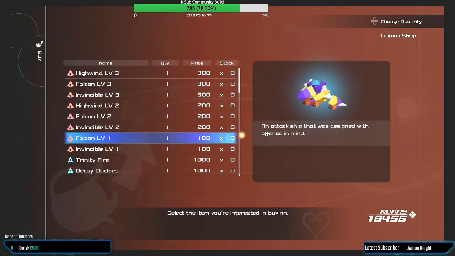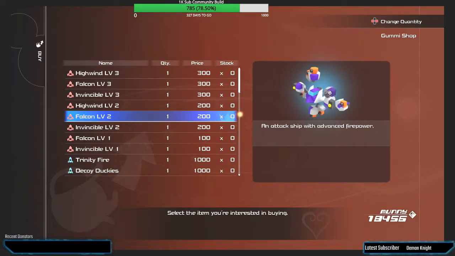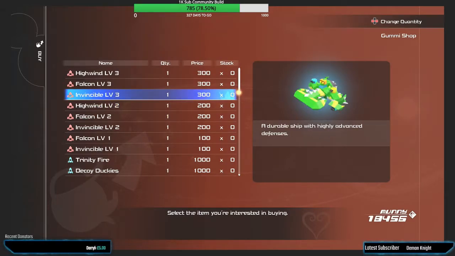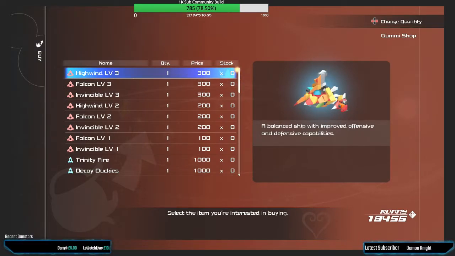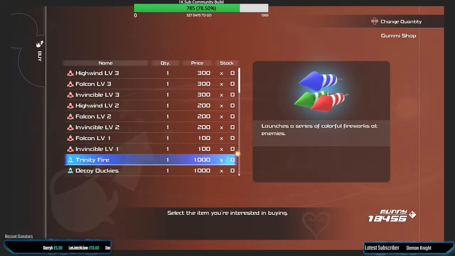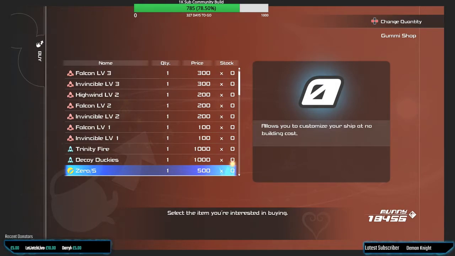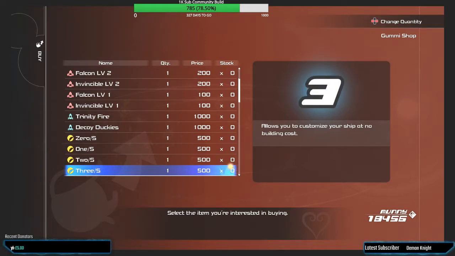Invincible, Falcon, Invincible level 2, Falcon level 2, Highwind level 2, Invincible level 3, Falcon level 3, Highwind level 3. And they're different things. So that's Trinity Fireworks, Decoy Rubber Duckies. These allow you to customize your ship at no building cost. I haven't actually used any of these, so I could do that as a separate video and just show you guys how it works. But these cost